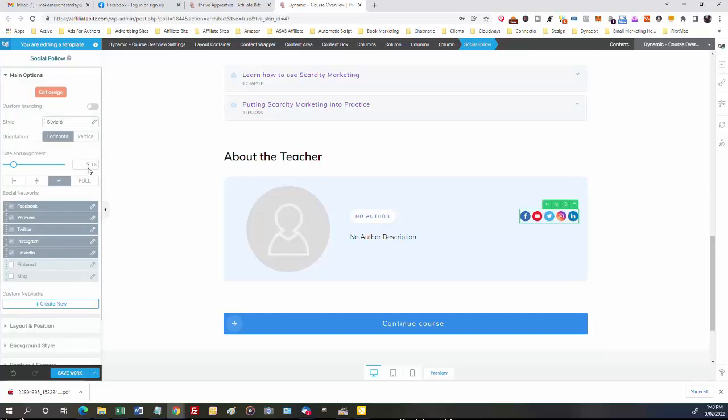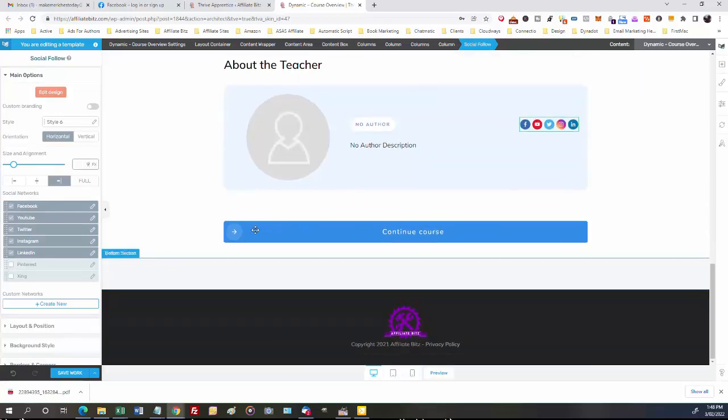Size and adjustment, they're currently at 9 point. I don't mind that sort of small 9 point within that. I might want to make them bigger, so I'll go to say 12. Yeah, see, that makes it too big. Kind of set up there. So I like 9. And the buttons with my courses, if I want this in this particular page, because this